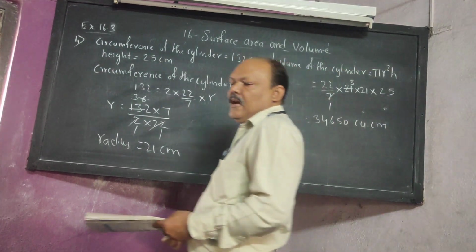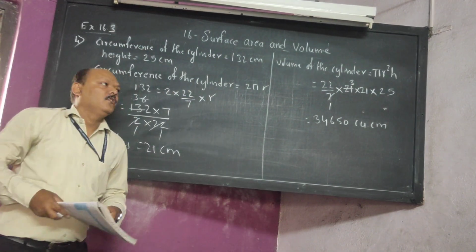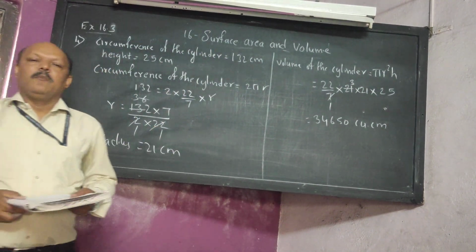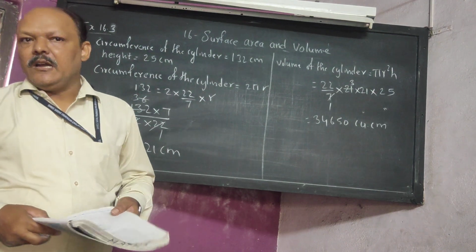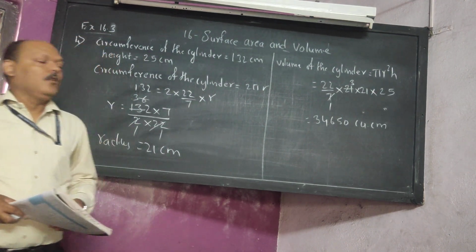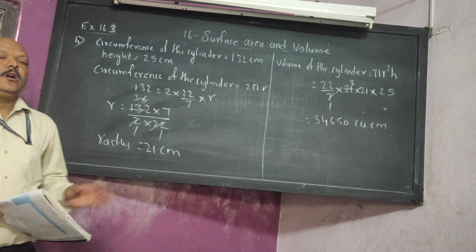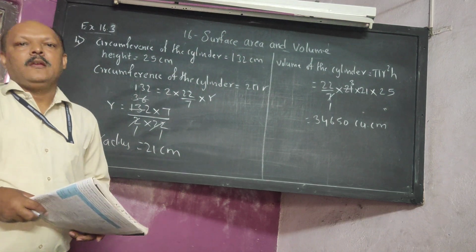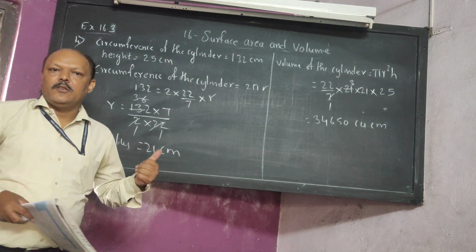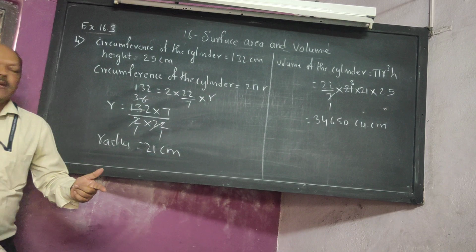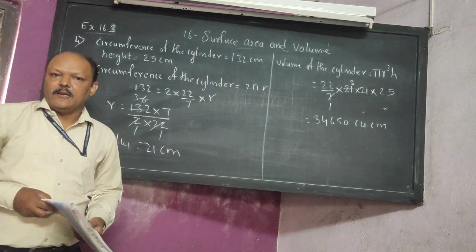Students, here we had completed this. This was the last sum of the chapter. We had completed this chapter. In the next period, we will continue with the new topic. I hope all of you understood this topic. You have to go through the formulas properly. We have learned in this chapter about the cube, cuboid, and the cylinder part. Is it clear? In cylinder